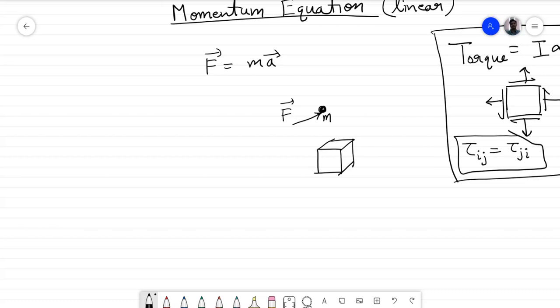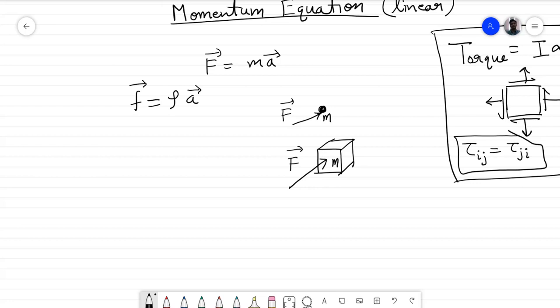but it is still infinitesimally small, and let's say force F is acting on this particle and the mass of this system is m, and if we divide this equation F equal to ma by the volume of this particle on both the sides, we get force per unit volume F on the left hand side equal to density of that particle times acceleration.